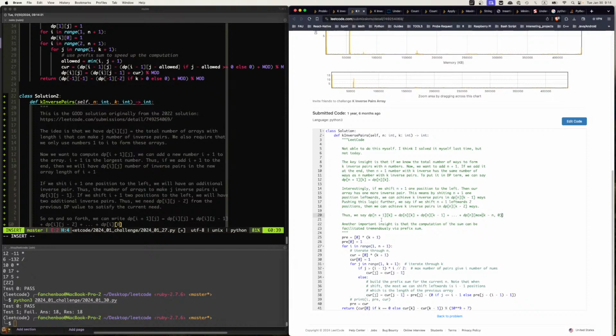Okay, yeah, I agree. Position. This means shifting position left, we can achieve K inverse pairs in this number of ways. If we shift left 2, we can achieve, yes, we can shift 3, get to a certain point. Because at most we can shift n positions, depending on the length, right? So depending on the length of n, if k is big,